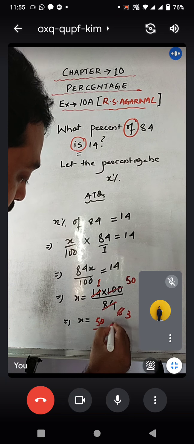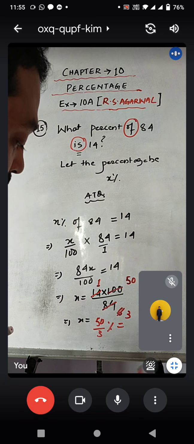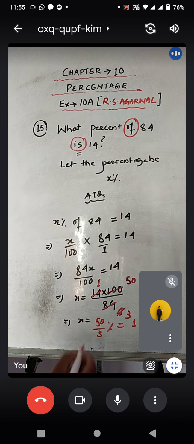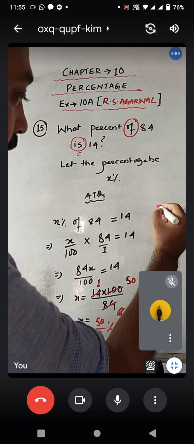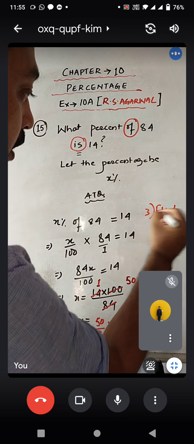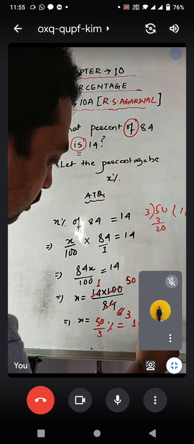So don't leave your answer in the fractional form, instead you give it in the mixed fraction form. So 3 1s are 3, okay, so that will give you what? 15. Okay, 50 by 3, 3 1s are 3, 20, 3 6s are 18, that is 16, 2 by 3 would be your final answer.